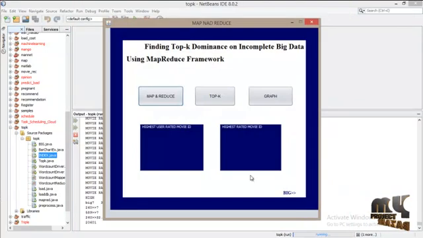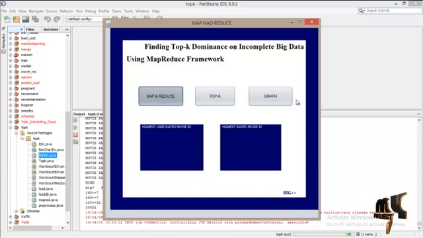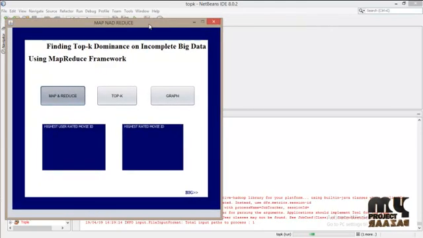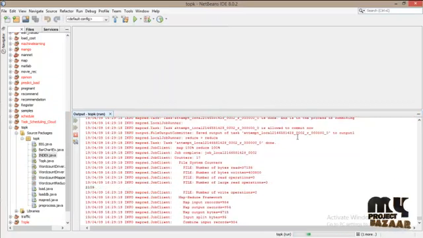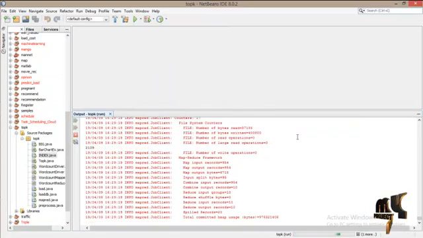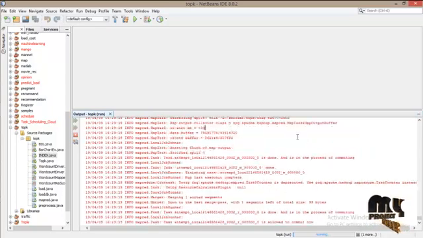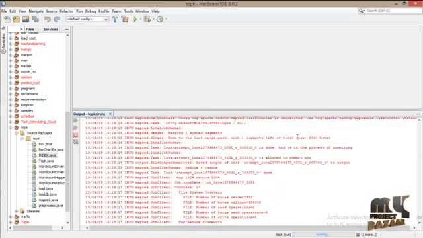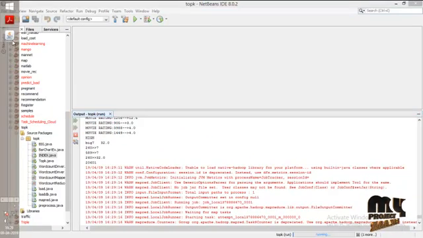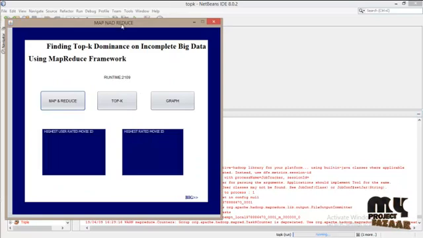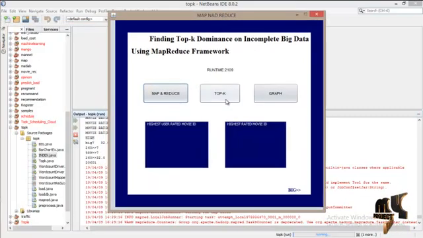Next one is the MRBIG algorithm. Here we have to apply first map and reduce. Click on map and reduce. You can see the map and reduce task here. And find the top K